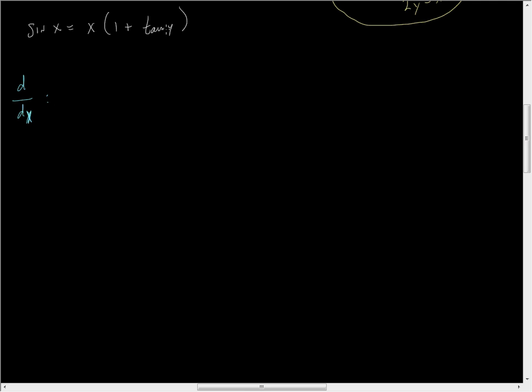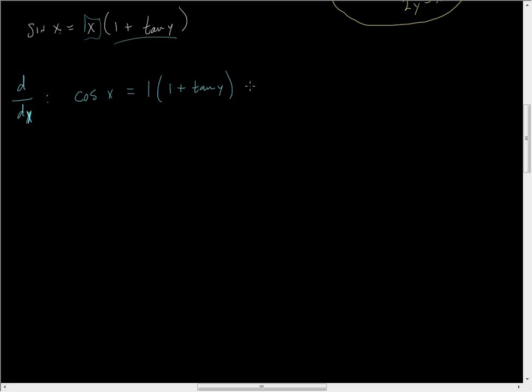Start slow. The derivative with respect to x of sine of x is cosine of x. That's all it is. Now we have to run a product rule because here's one spot, here's the other spot. Okay, so we're going to take the derivative of the first, which is 1, times the second, which is 1 plus tangent y,